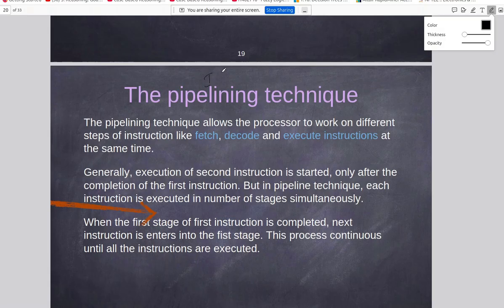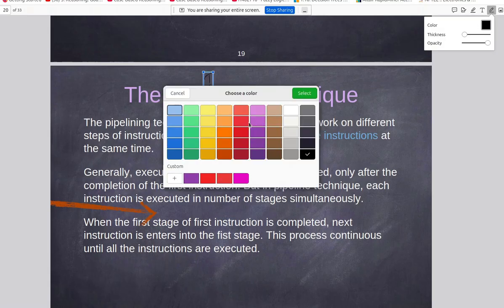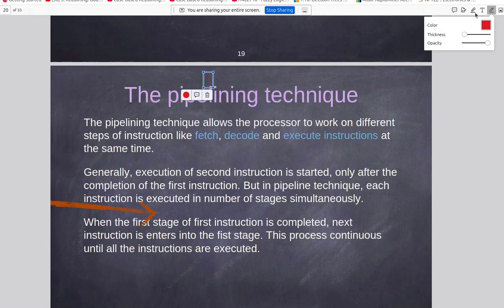So instead of executing one complete instruction,